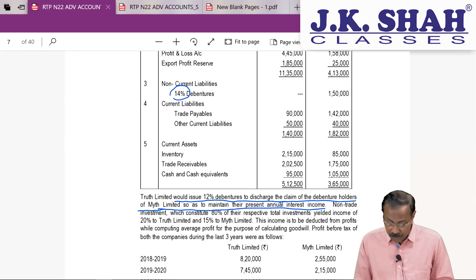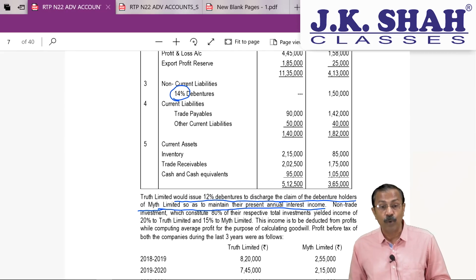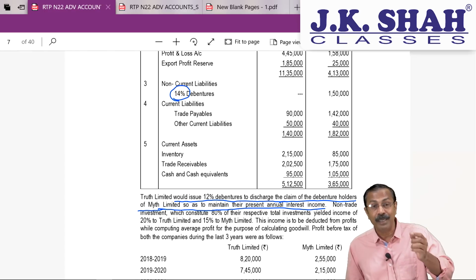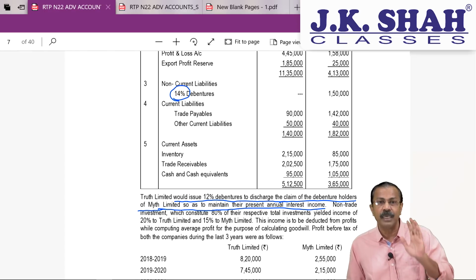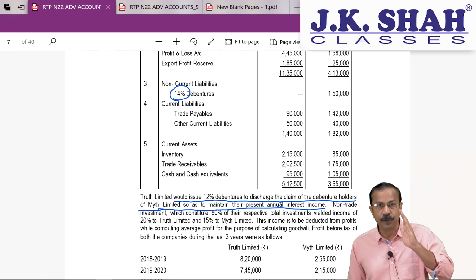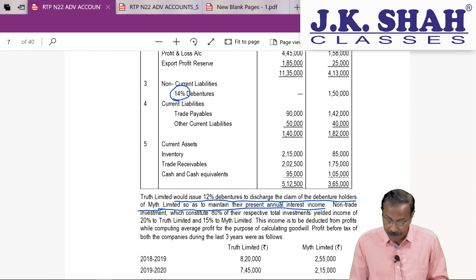Remember, right now the debentures were carrying an interest of 14%, but purchasing company will issue them debentures with a lower rate of interest, that is 12%. Old, it was 14%, new, it is 12%. So now same amount of interest income has to be maintained, which means